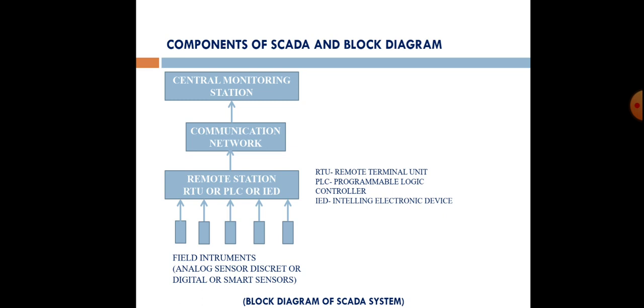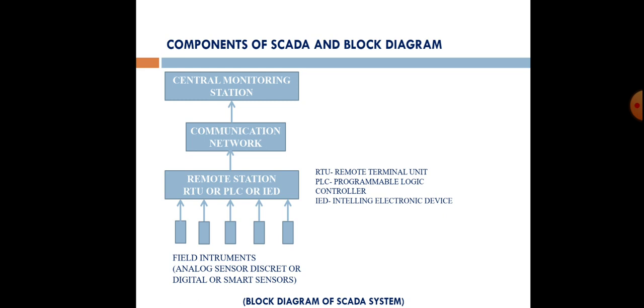Similarly, the method of transmitting data of voltage, current, speed, flow, etc. is called telemetry. Telemetry is an important element of the SCADA system. Now, the third component is Central Monitoring Station, which is called CMS. The Central Monitoring Station is the master unit of the SCADA system. It receives data from the remote station and generates the control signals. A single computer is used as CMS in a small system. Network is employed in a large system.